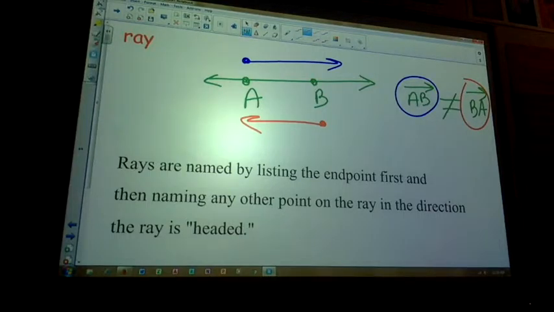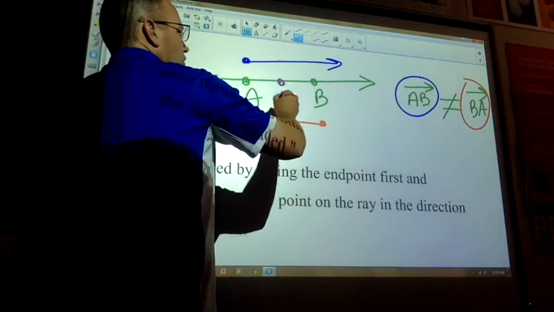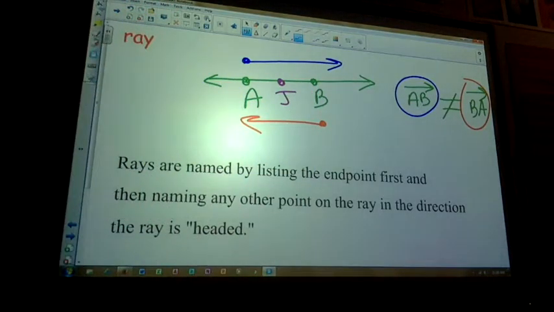The first letter indicates your starting point. The second letter indicates the direction you're going. So if I had another point labeled right here, let's call this J, ray AJ and ray AB,